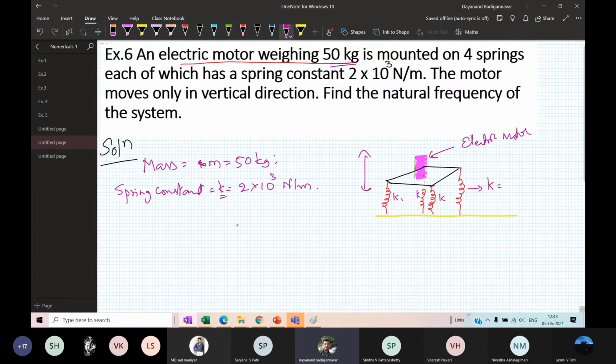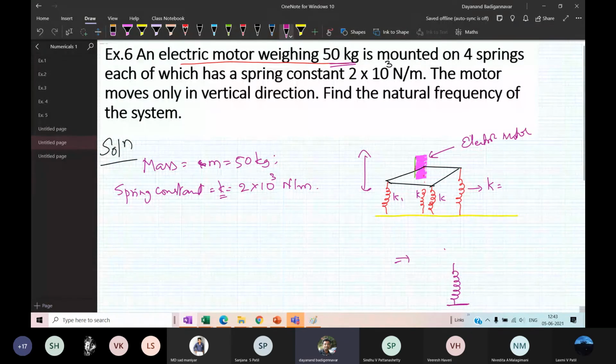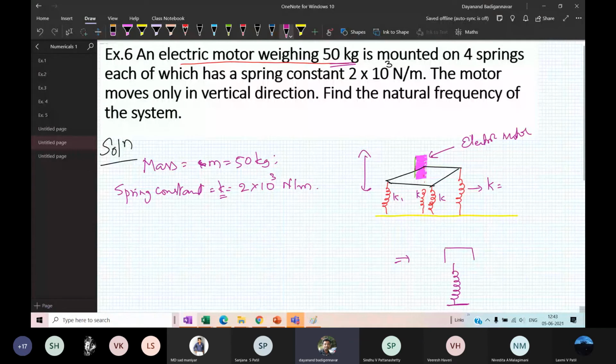So actually it is a spring mass system like this. Instead of 4 springs, I will take only 1 spring, and the mass is replaced by a 50 kg mass like this. So the 4 springs should be replaced with a single spring. You are getting the point. I have 4 springs that you convert into their equivalent spring. They are parallel. Therefore, I will take it as Kp, its equivalent spring.